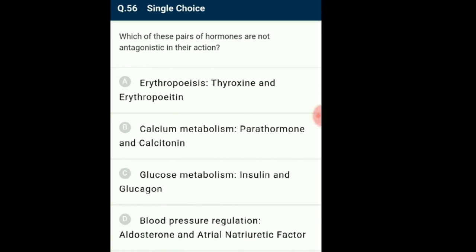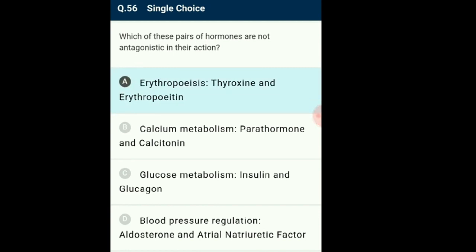Glucagon increases glucose level in the blood, while insulin decreases glucose level in the blood, hence they are antagonistic. Aldosterone increases blood pressure, while ANF decreases blood pressure, hence they are antagonistic. Both thyroxine and erythropoietin stimulate erythropoiesis and hence they are synergistic. So the answer for this question is option A,